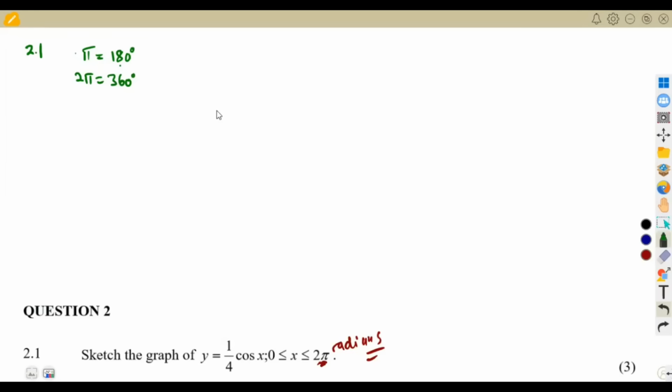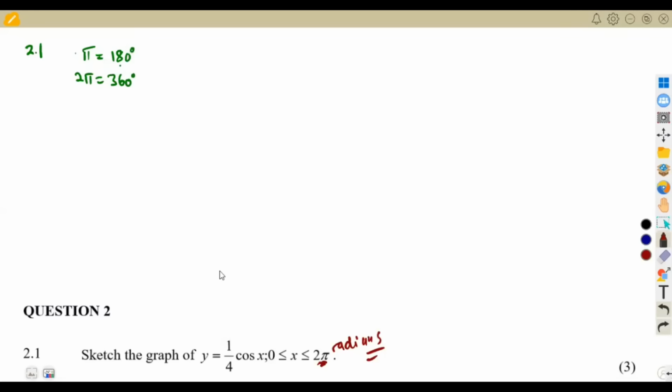And also, if we check from our graphs, guys, we understand that this 1/4 here is simply representing how our graph should be taken from the maximum to the minimum value, which is the amplitude of the graph. So if we are to have our graph, we know that in a normal